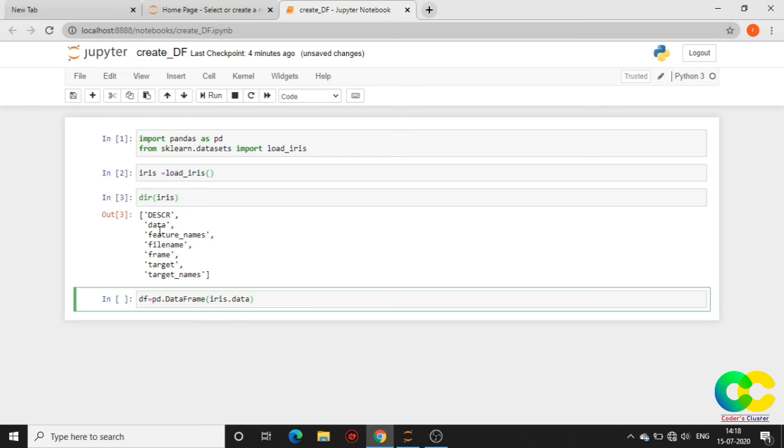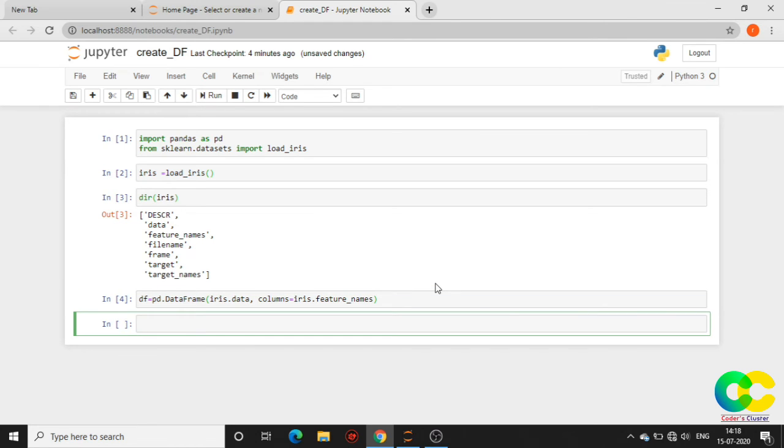In iris we do have data. I mentioned that here, iris.data, and for the column names, columns equal to iris.feature_names. By running this, I can tell we have created the data frame here.